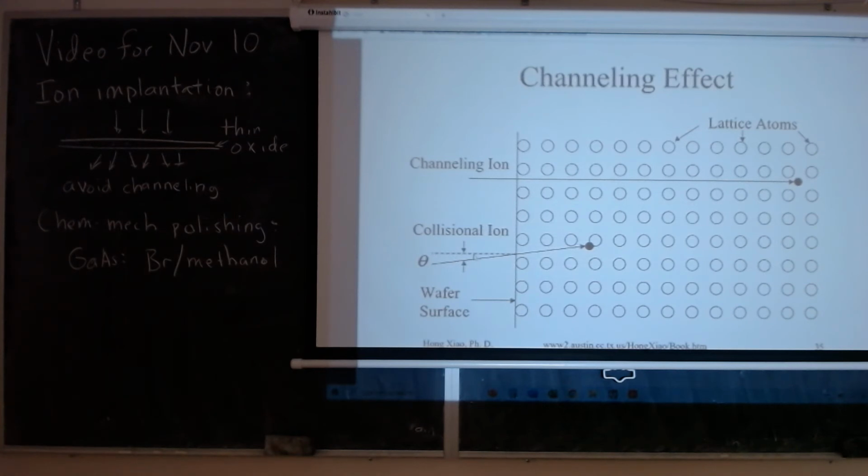So what he's showing here is one technique for correcting this problem, which is you simply send the ions in at an angle. The idea is that since the beam is coming at an angle, it's more likely that it's going to hit one of the atoms before it channels. Now you can get the idea of what's going on here if you treat this drawing as representative of the geometry of the system and the atoms,